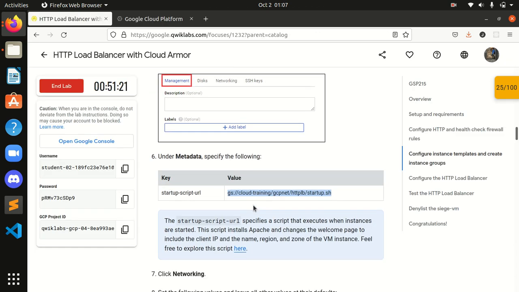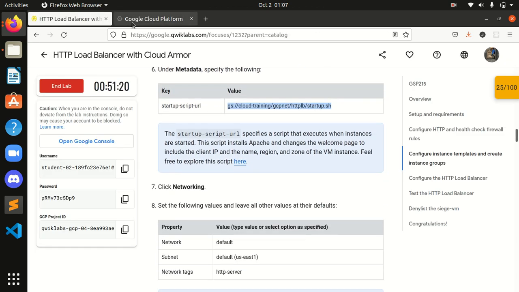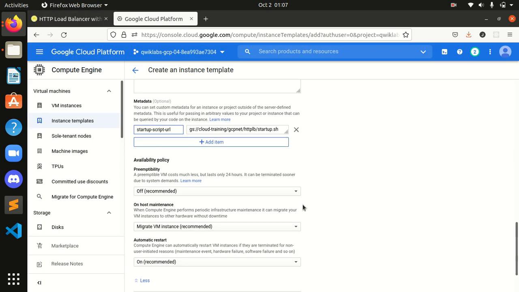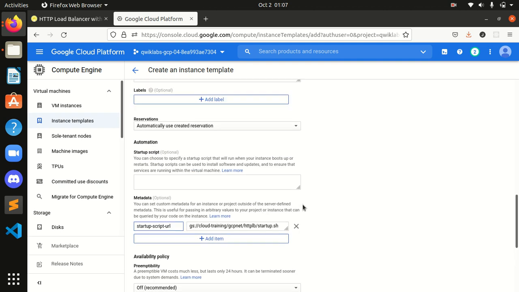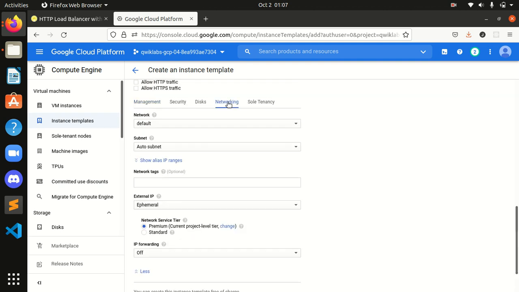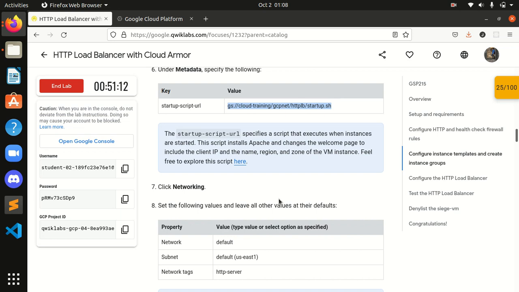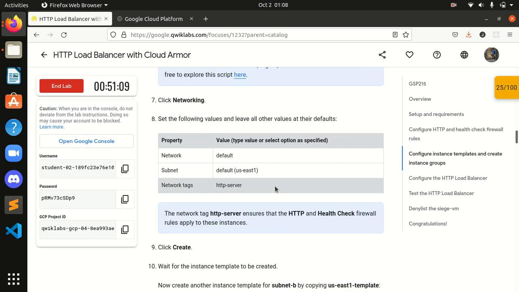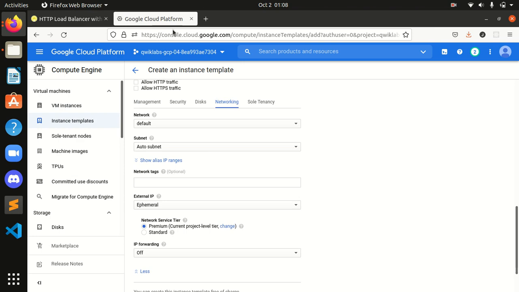Okay, after that we have to click on the networking tab. Okay, wait guys, from here I will click on networking. Set the following properties: network as default, subnet as default US East 1, and I will copy this.